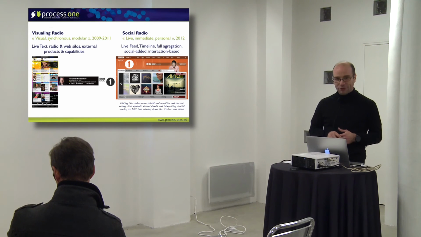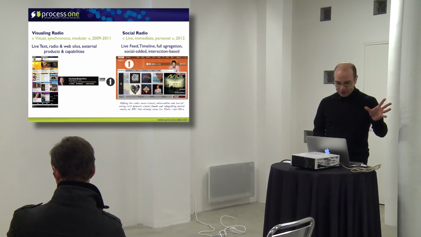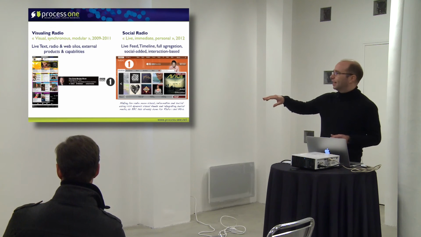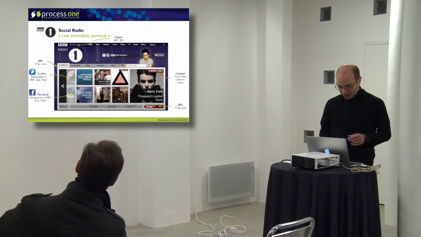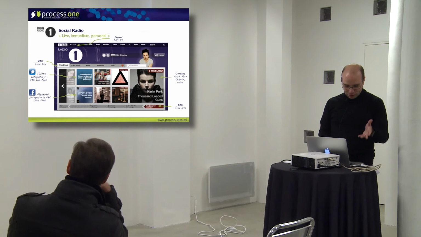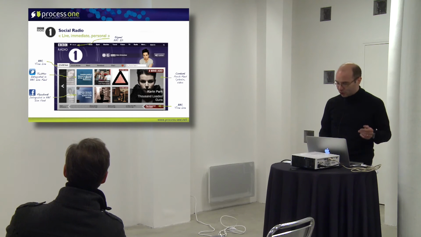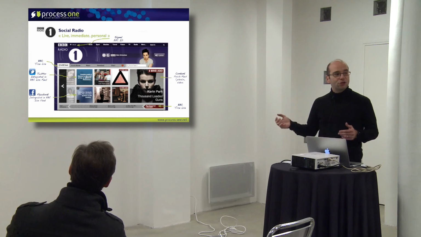So this is really great. And there was even a way for the producer to post short videos or pictures about what was happening in the studio and put that right in front of the users. So they went from something which was a quite typical radio show website on the left to the one on the right. There was content coming from Twitter, Facebook, and a lot of different content, and you have a timeline, and you can browse back in time to get back to previous content